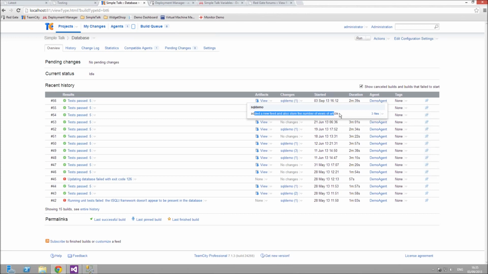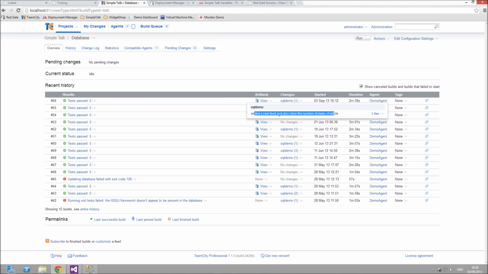So I made this change in SQL Source Control, and TeamCity, which is the continuous integration system we're using for the webinar, but we also support TFS, Cruise Control, Jenkins, Hudson, and so on and so forth, has picked up that change, and it has run a build, and that build has called into one of the Redgate command line tools called the SQL Automation Pack, and that has packaged up our database into a package and given that package to Deployment Manager, which means that Deployment Manager can now deploy that out to all the